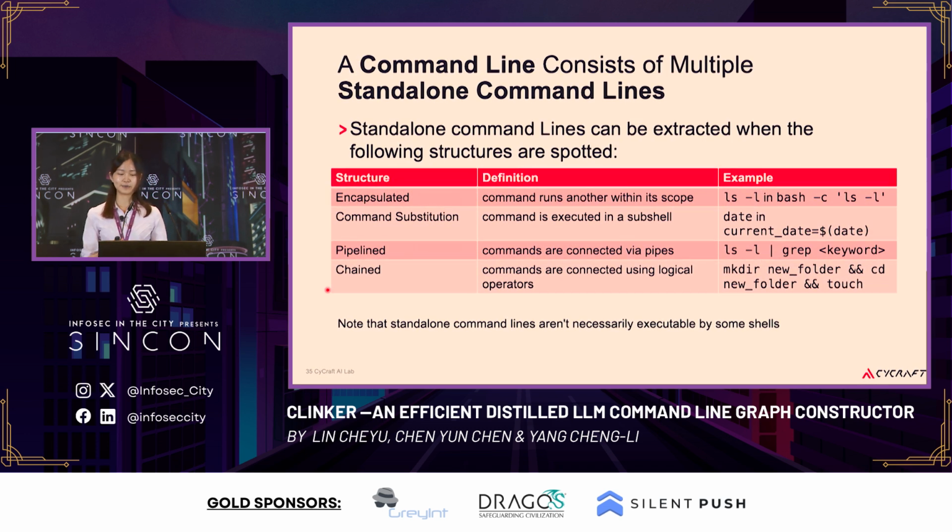To help us understand relationships between commands more clearly, we start by defining how command lines are structured. A single command line actually includes several smaller standalone command lines. We can identify and extract them by looking for a few common patterns listed on the chart. And these patterns include encapsulated, where a command runs another within its scope, and command substitution is where a command